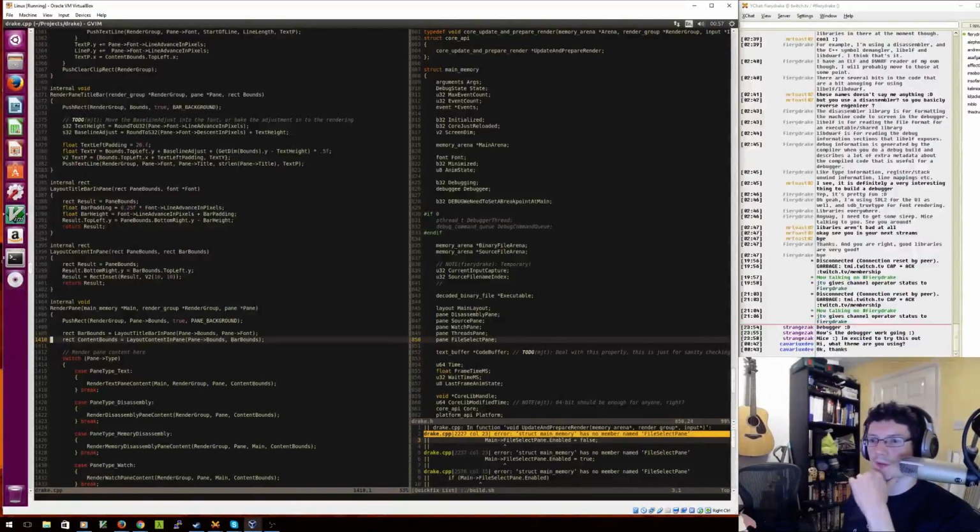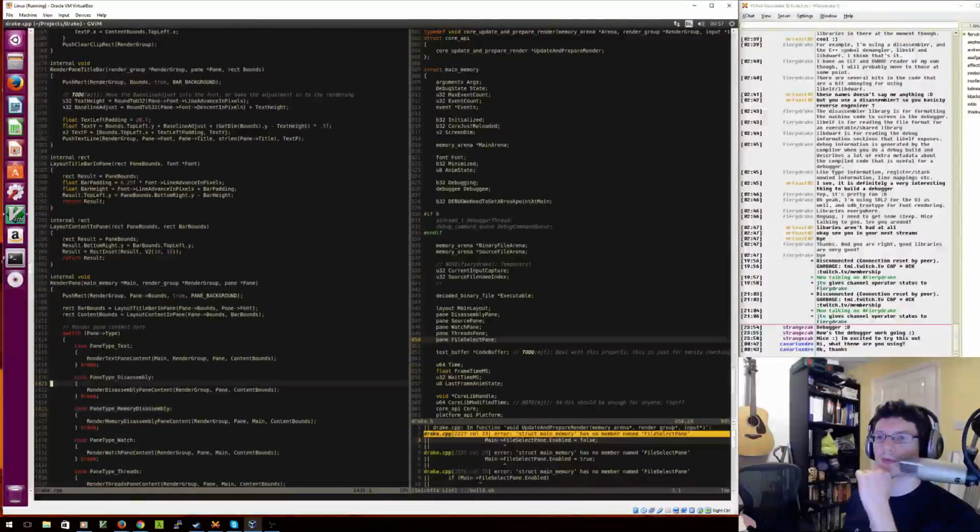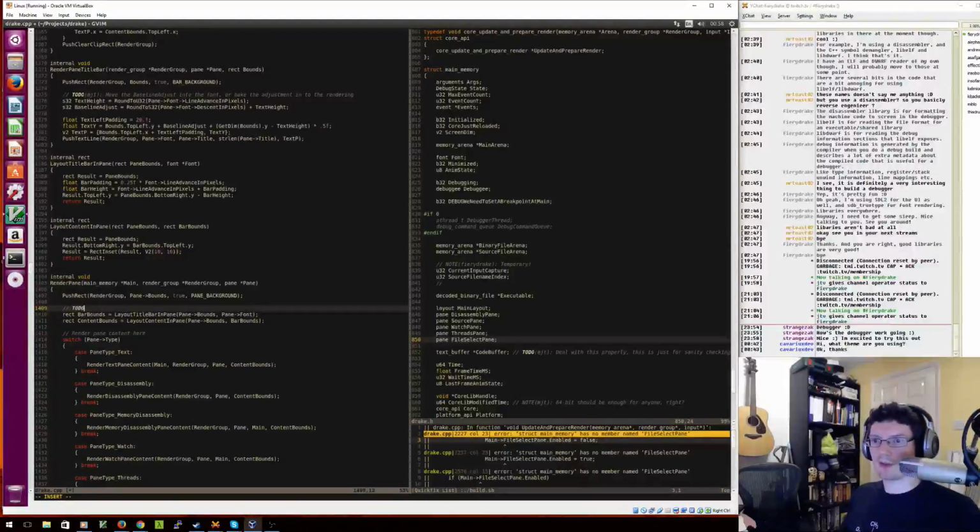So just thinking now about the fact that if you don't have a title, you probably don't want to do some stuff. But it's probably not too bad if I do the layout, because the layout doesn't seem to rob any space from the content. They're currently overlaid on top of each other, which may not be good actually. So I'm going to leave a little note here, because I think I've seen this before, as it looks a bit janky and weird on the watch pane, that the content of the pane goes underneath the title. So